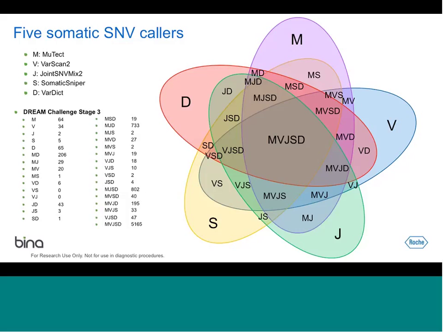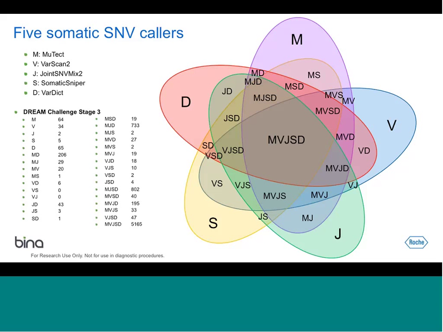A problem with that is that, based on the nature of the data, based on the characteristics of the sequencing data, the best combination is not always the same. For one data set, you may find that MuTect and VarScan give very good results, but on a different data set, you may find that JointSNVMix and VarDict, in fact, give you better results. And so that's why we have developed SomaticSeq, and the detailed results for consensus evaluation are also in the paper